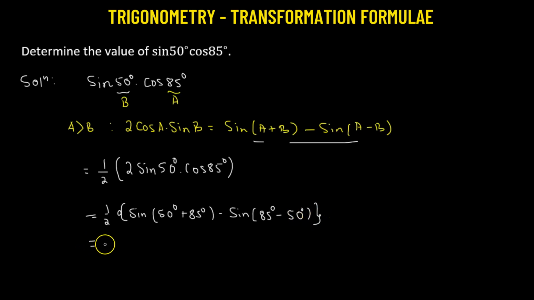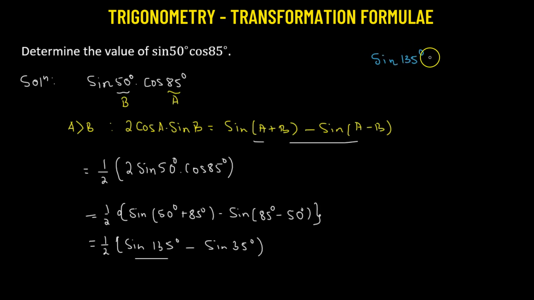So this will be equal to half. Now sine of 50 plus 85, so that's going to be 135 degrees, minus sine of 85 minus 50, so that's going to be 35 degrees. So let's try to find out the value of sine 135 degrees, because that can be easily obtained using some laws of trigonometry. So we'll start with sine